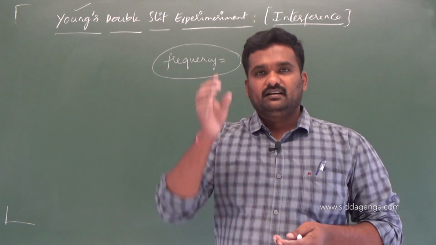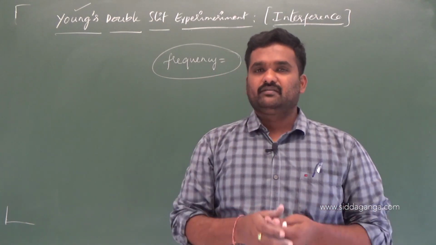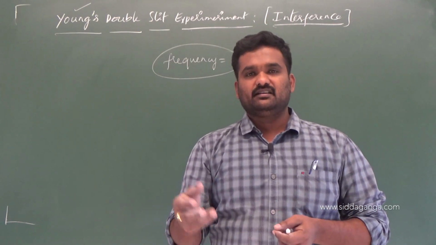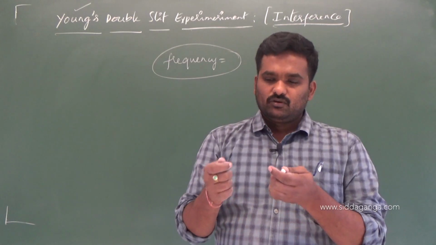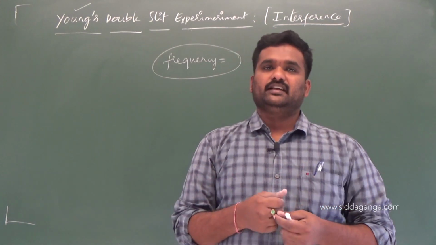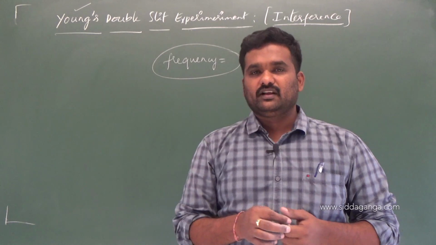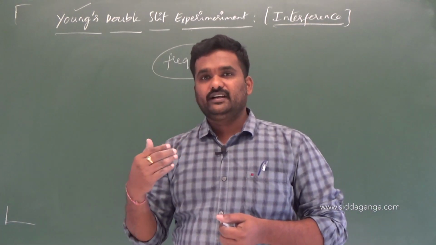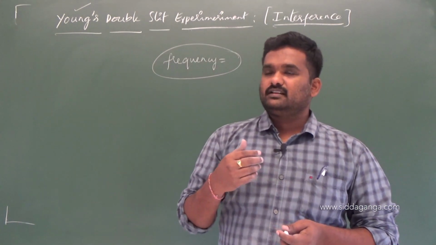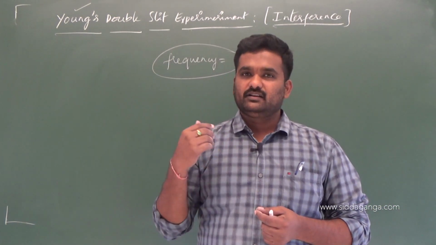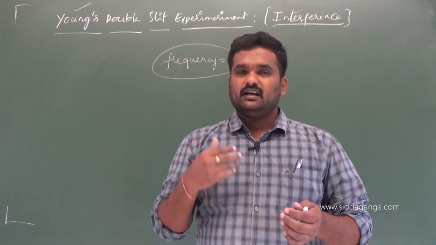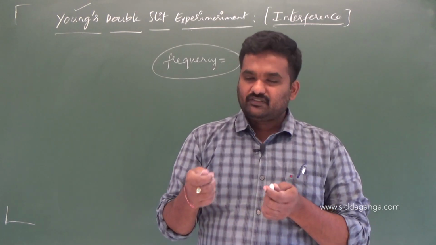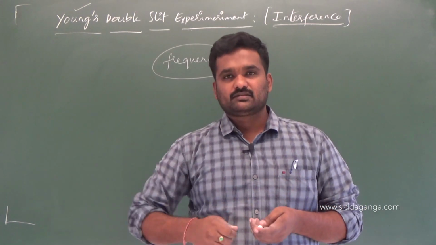Within the visible region the wavelength is from 4000 to 7000 angstroms. In whatever color I take, red or orange or green, both sources have the same frequency. In general, a monochromatic source of light we get from lasers, a highly monochromatic, highly coherent, highly intense beam of light. Let's say both red color beams come from these two laser sources.